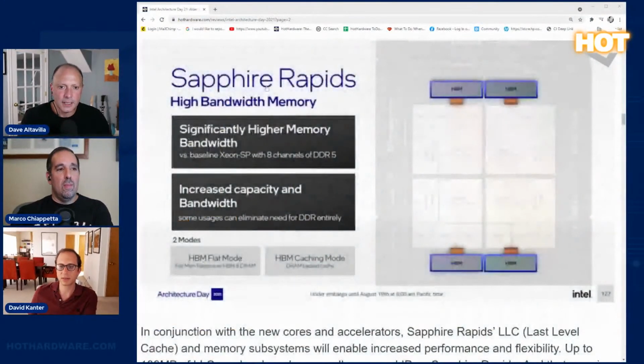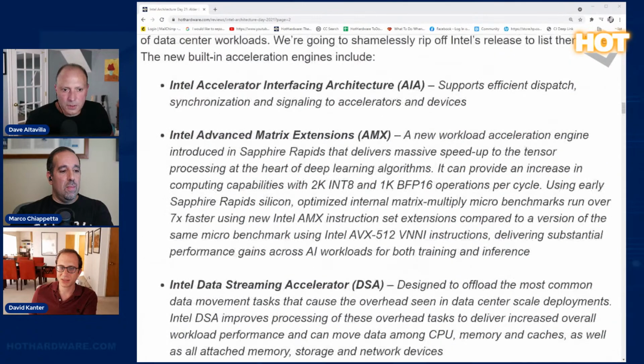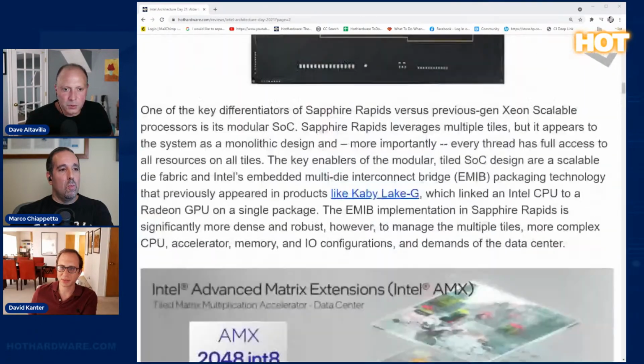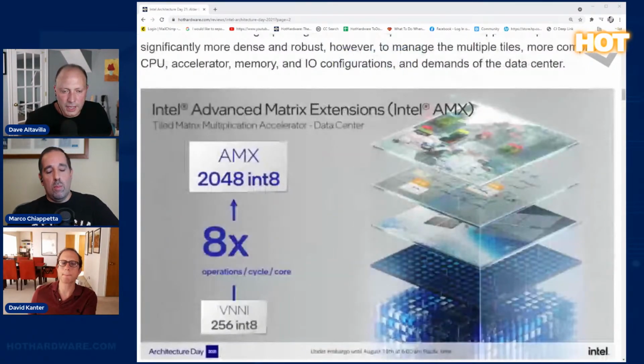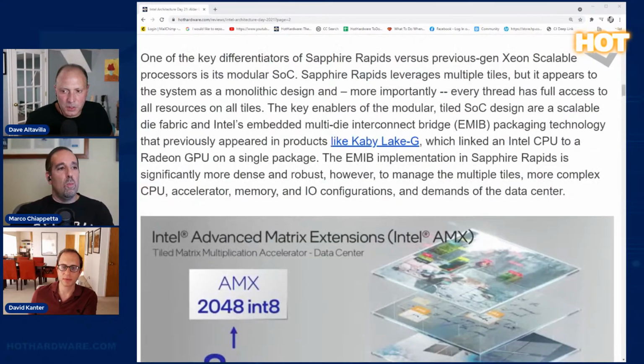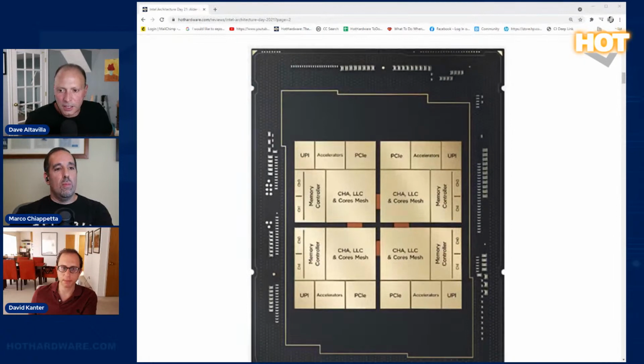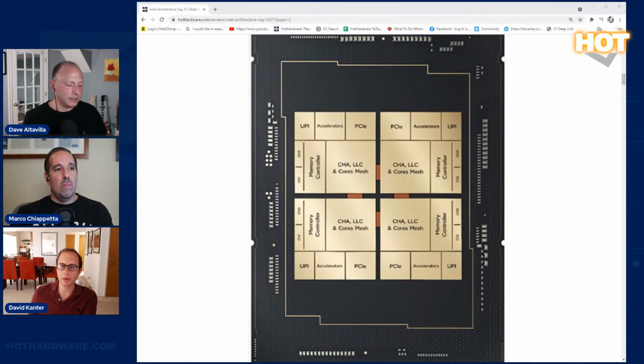Yep, agreed. Anything on Sapphire Rapids that jumps out to you? And we should probably wrap because we're running short on time, but I'll share this out as well. Let's see. Go to the architecture. I mean, we've got these new instructions for machine learning. Yep. I think that's near and dear to your heart. You get an 8x uplift in int 8 performance, which is inference. Yep. Here's the block.